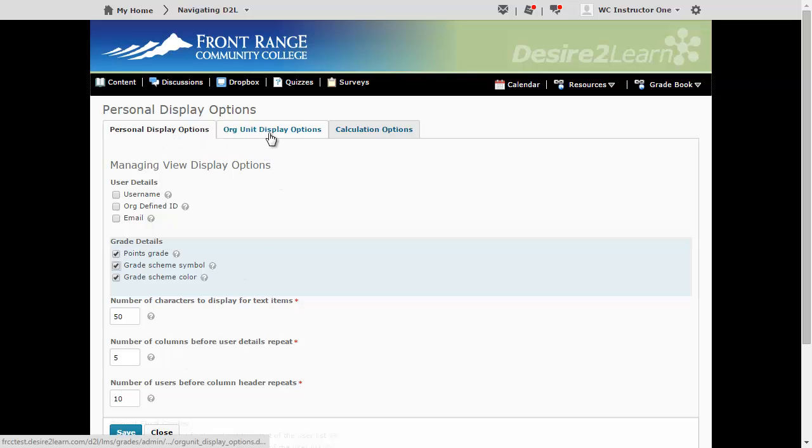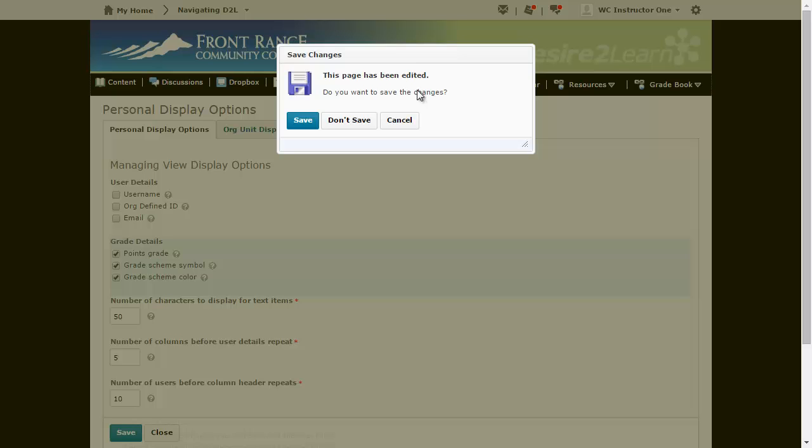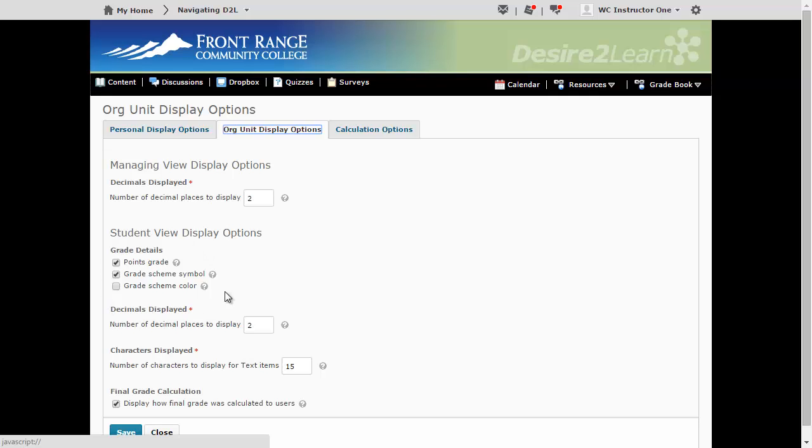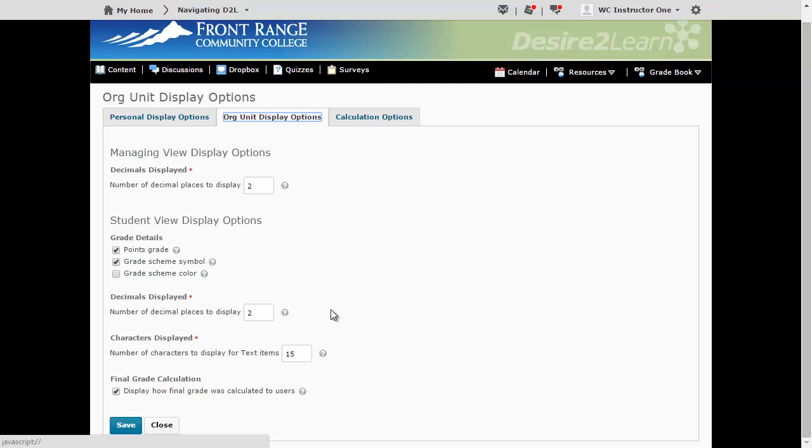So I'm just going to click over to org unit display options. It does prompt me to save my changes. I'm going to go ahead and save. And we can see that that grade scheme symbol area is already checked for students for the org unit display options. The rest of these are small preference things that I leave at defaults unless there's a reason